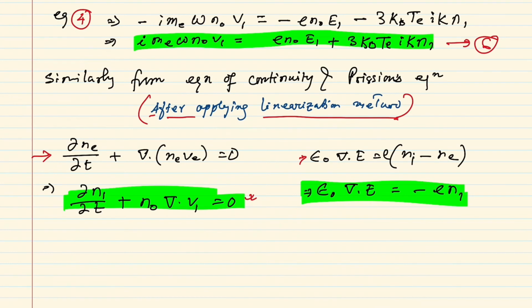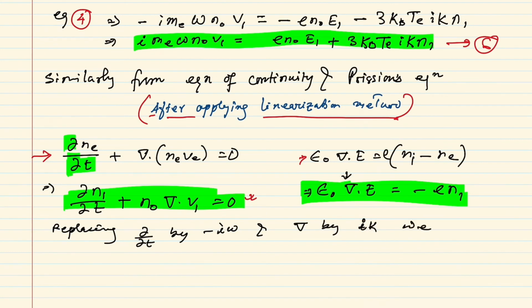So again here we are going to replace the del t by minus i omega and this del operator by i k. So again, replacing del t by minus i omega and del by i k, we get